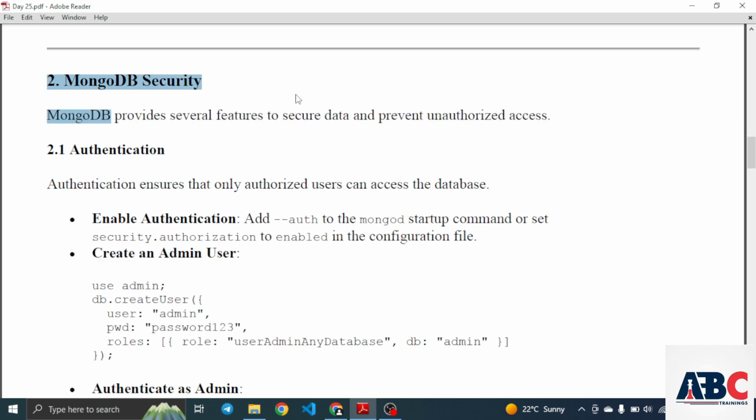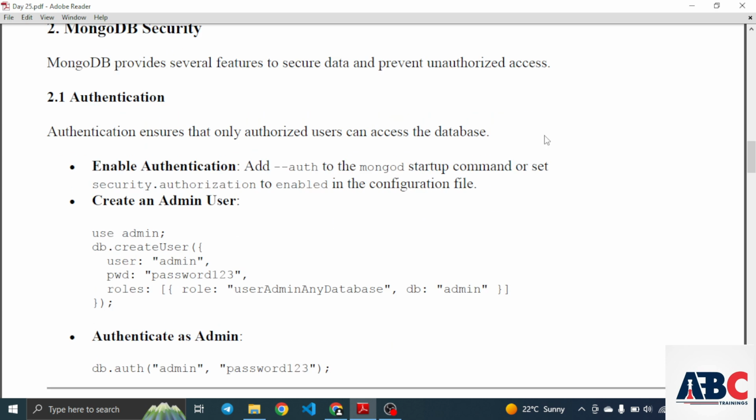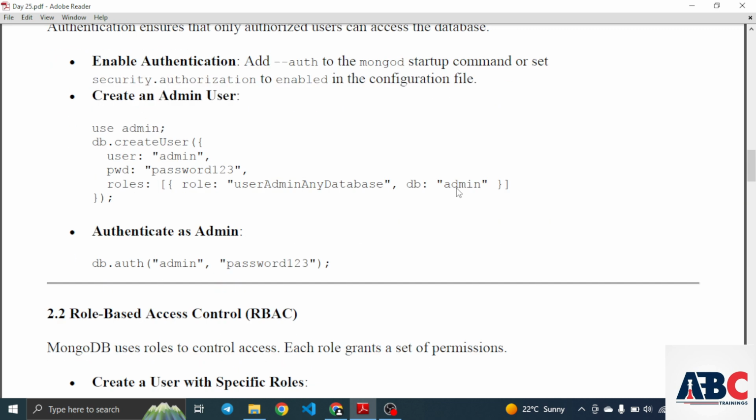Then we will go to some important concepts in MongoDB like MongoDB security. MongoDB provides several features to secure data and prevent unauthorized access, so that only authorized persons can gain access to the data. For that, we use authentication. Authentication ensures that only authorized users can access the database. To enable authentication, add --auth to the MongoDB startup command